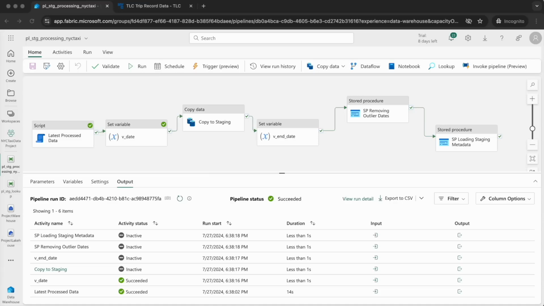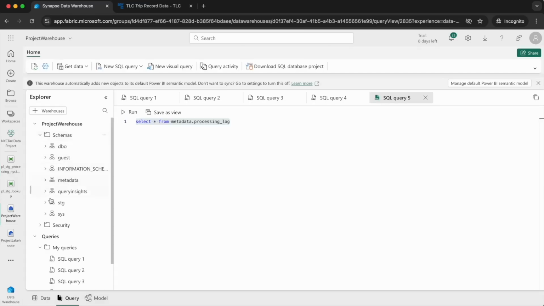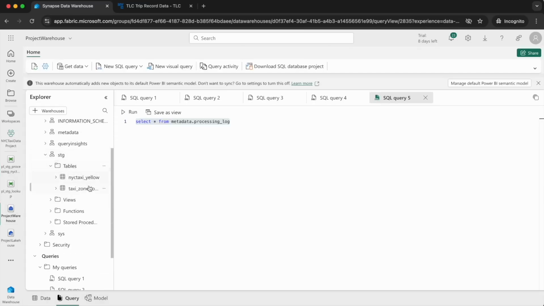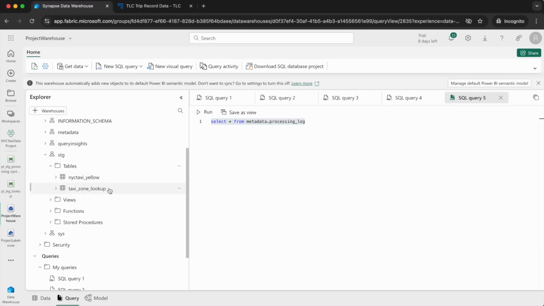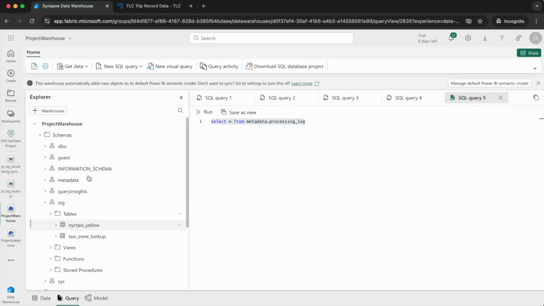We now need to take the data from the staging tables, so from these staging tables, into a presentation table. But first we'll need to clean, transform and combine them together, and then load them into the presentation layer table. And we can do that using a Dataflow. But first, let me create the presentation table in the DBO schema. So this will just be an empty table, but it will contain the structure that matches the output of the Dataflow. So I'm going to create a new script activity,